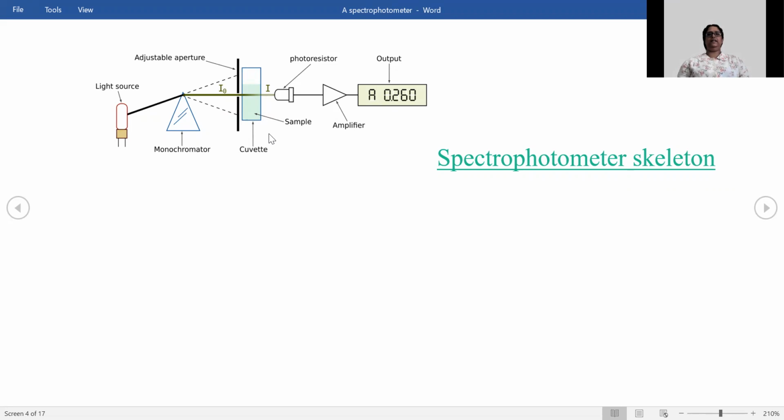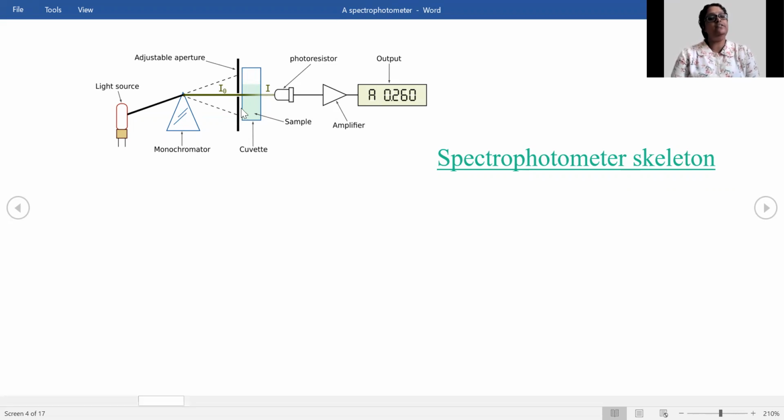Plastic cuvettes have a slight amount of absorption in themselves, but they are very cheap and disposable. So if you need to measure a chemical that will stain your cuvette, it would not be advisable to use a glass or quartz cuvette because they are in a more expensive range. Then you will be using the plastic cuvette. So you have to determine which kind of cuvette you want to use depending on the purpose of the experiment, whether it will stain your cuvette, and the monetary factors also need to be considered.